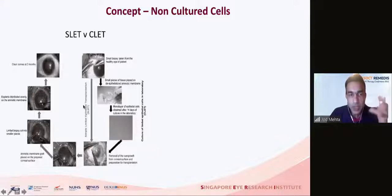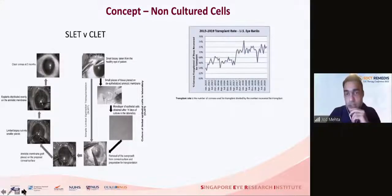while with simple limbal epithelial transplantation, you simply take the limbal biopsy, cut it up into smaller pieces, remove the scar from the ocular surface, place the limbal pieces there, hold them down with fibrin glue, and you can see how it can reconstruct the surface. So we thought, is it possible that we could apply some of the same thinking to endothelial work? If you look at the transplantation of donor corneas in the US, you'll see